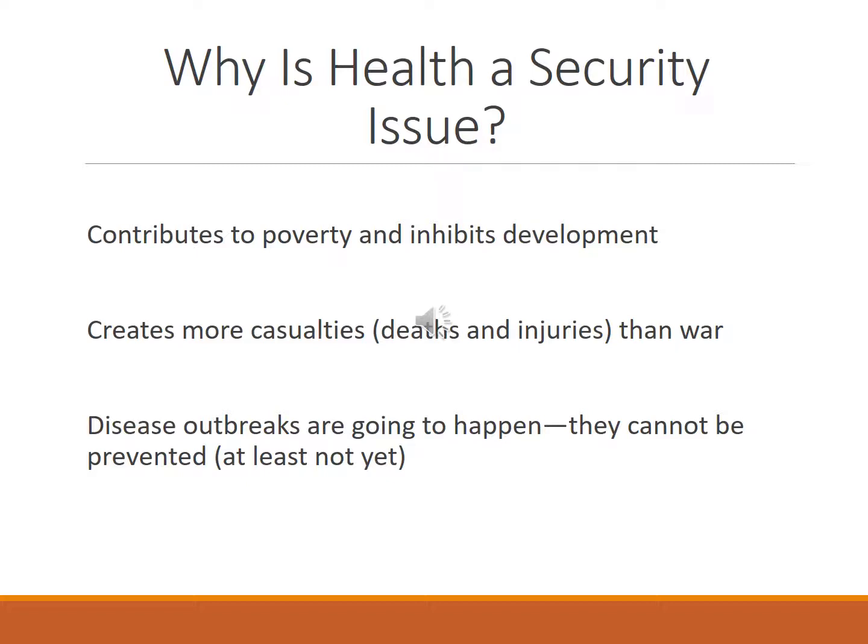When you have an outbreak of infectious disease, and that will be mostly what we focus on here, infectious diseases, it creates a large number of deaths and injuries, and oftentimes more deaths and injuries than you would see in an actual armed conflict. Disease outbreaks are very problematic in that not only can they cause greater casualties, but there's really no way to prevent them.